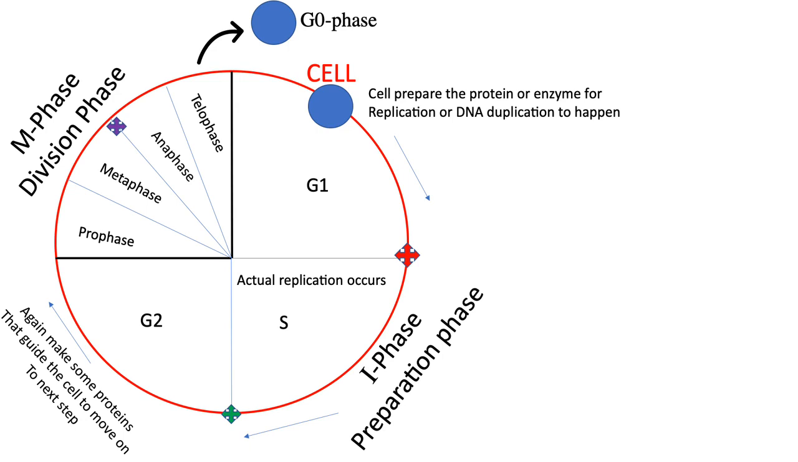Now, let's have a look at the first G1 phase, in which the cell is getting ready for the synthesis of DNA. So it is called the pre-synthetic phase. And then DNA replication starts in the S phase. After this,